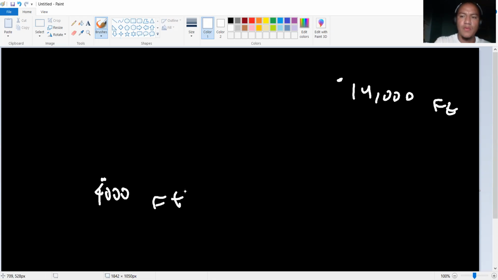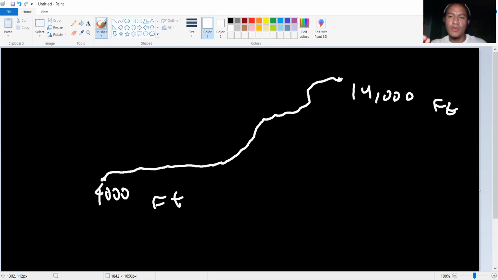And usually at the start of the trail, it's very calm. But then there become these sort of hills that you have to climb through, and then you get to the top. I drew that last part a little bit off. There you go. You're at the peak now. At some points on this trail, it's not very steep. So we would say